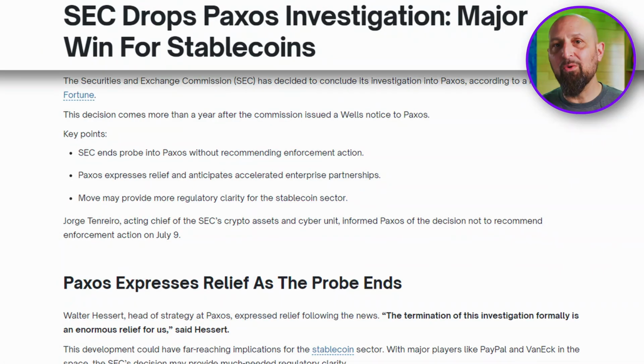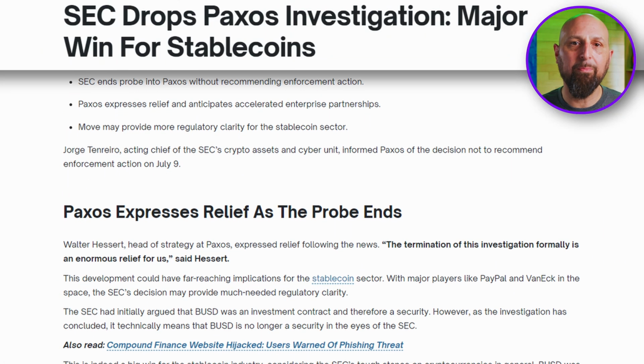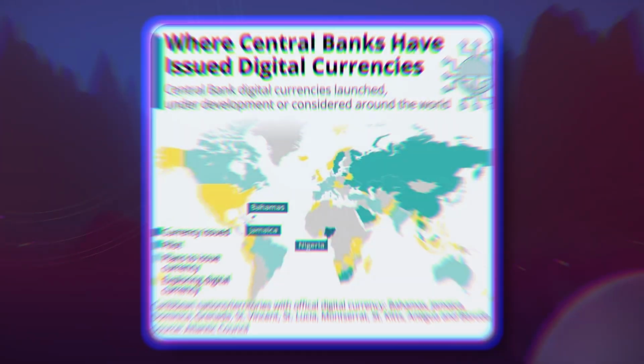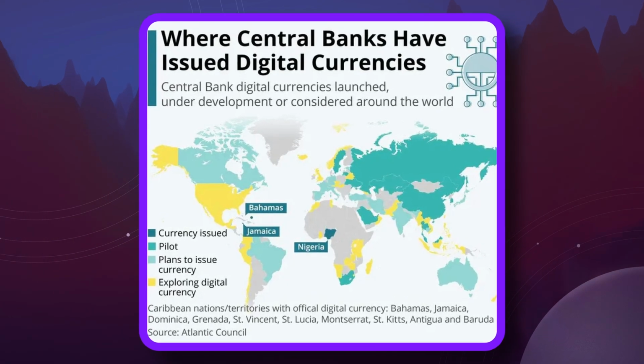As you might expect, governments and regulators are paying close attention to stablecoins. In the US, the SEC and other regulatory bodies are working on frameworks to ensure transparency and security for holders of most stablecoins, while most governments are also in the late stages of research and deployment of their own central